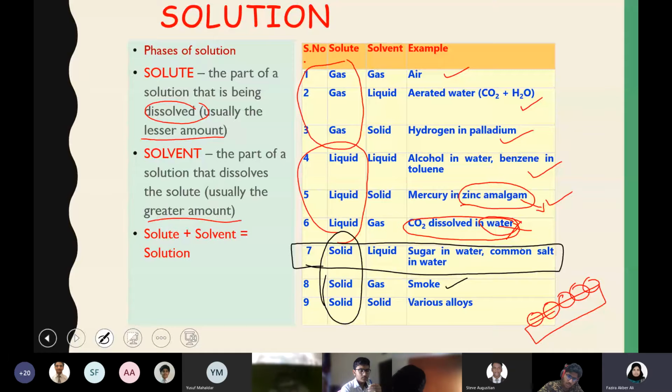So that is why smoke is considered a solution, or a homogeneous mixture with solid particles which are very, very minute. Don't think that it will be very big. It will not be very visible also. It will be so small, but those minute particles are dispersed in a gaseous state. That is why it's considered a mix of solid and gas. Normally, when we say smoke, we automatically think it's a gas. But smoke is not completely made up of gaseous substances. It is a mix of gas with some solid particles homogeneously distributed. Is that clear?